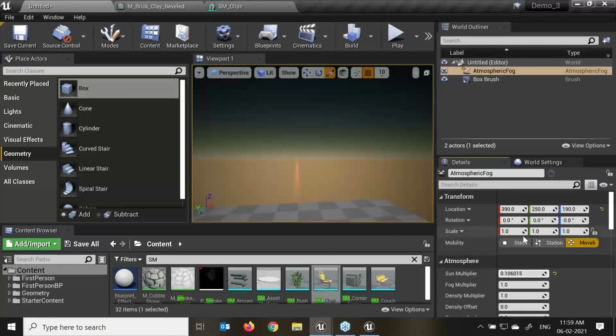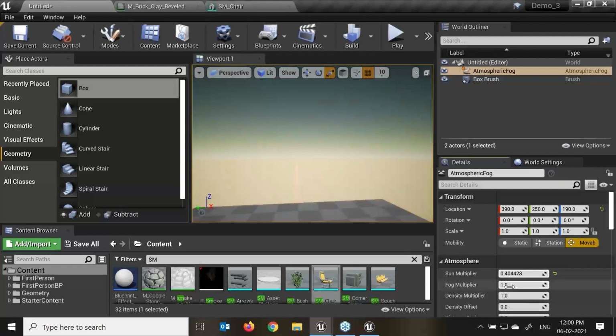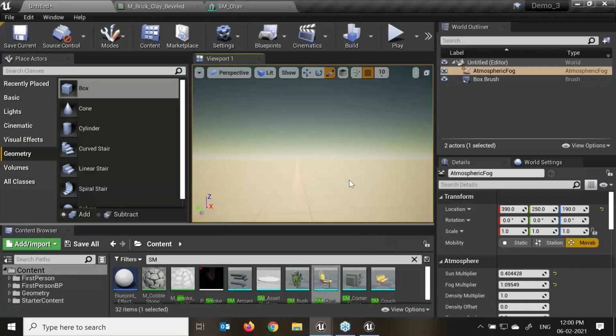We can do this. This is normally what we have in Maya and Max as well. But here we can link this to a different sunlight or the directional light. We have the fog multiplier here as well, right? Atmospheric fog gives the approximation of the light scattering through the planetary atmosphere. This is the total effect, including the dominant directional light in our level, which receives the sun effect in the sky. This will be placed infinitely far away, opposite of the light direction.